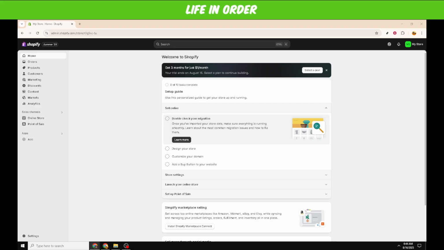The first step on our journey is to navigate to your Shopify store's homepage. Start by logging into your Shopify account if you haven't done so already. This takes you to your store's dashboard, often referred to as My Store at Home. This is your main control center, and it should be pretty familiar territory if you've been using Shopify for a